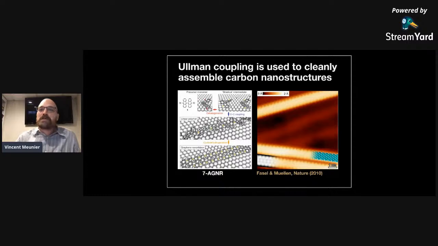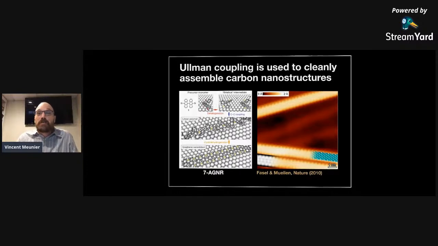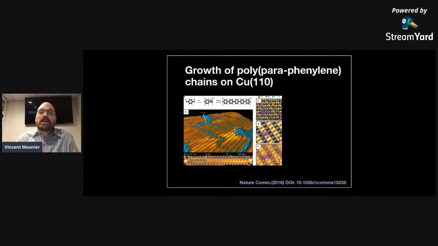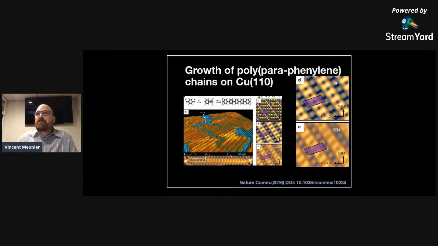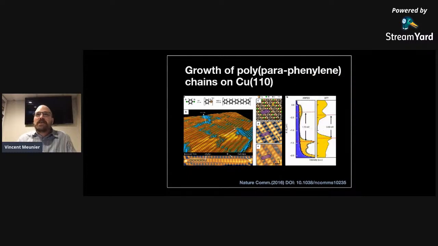So that works really well, and they basically created a perfect quantum container here of a certain width, seven atoms. Other things can be done, like this work. This was a work I did with people in France. There, instead of having the ribbons, if you will, the narrowest possible armchair, you can also do this, and explain the experimental result. You can explain it very well with the calculation on the top, and you can explain the result on the bottom from there. So there are many things that can be done.